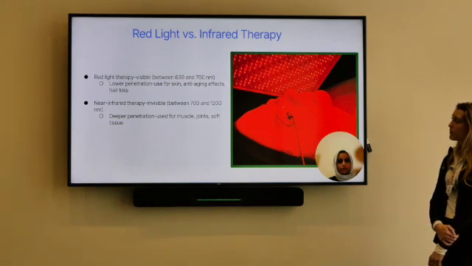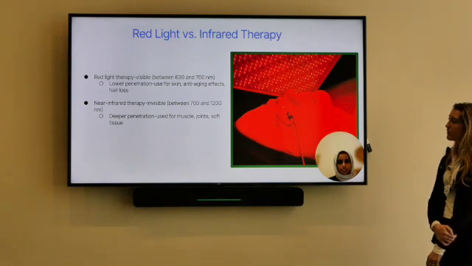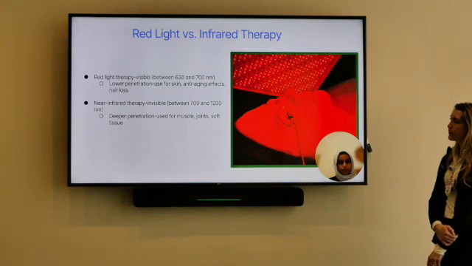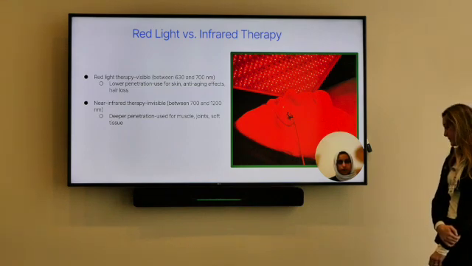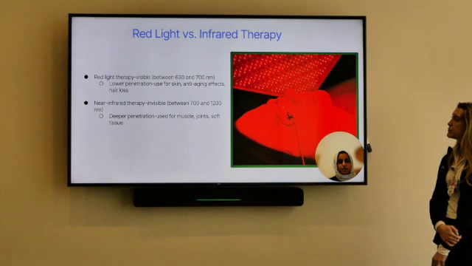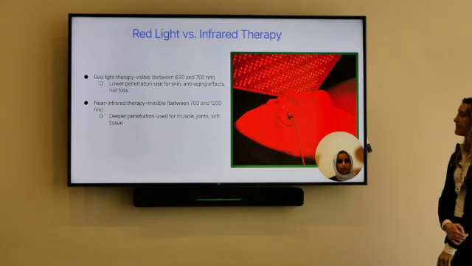And then near-infrared therapy, which is what we've been talking about a lot in our presentation, is invisible, and it's between 700 and 1200 nanometers. Again, these are approximate numbers. A lot of the images you'll see in this presentation may have a little bit of difference in the exact wavelengths, but it's deeper penetration, so it's used for muscle, joints, and soft tissue as well. But a lot of the times these two are